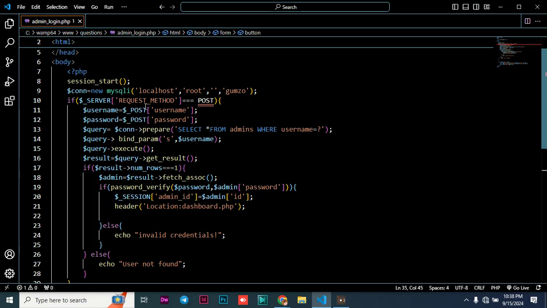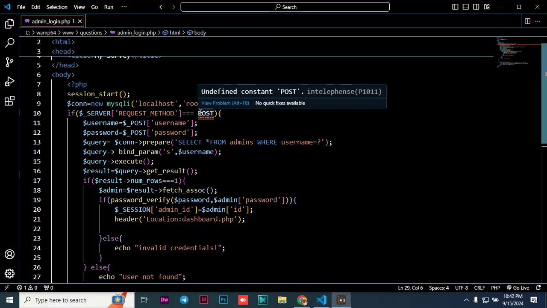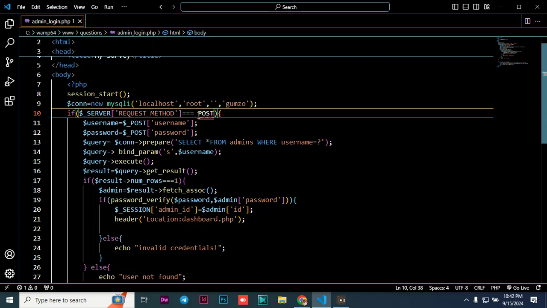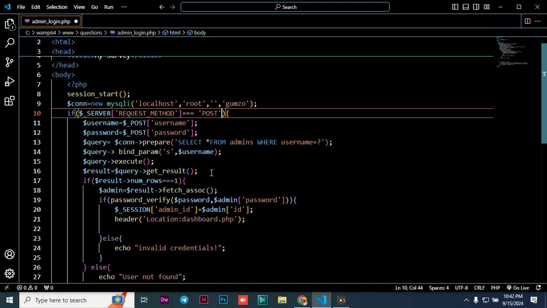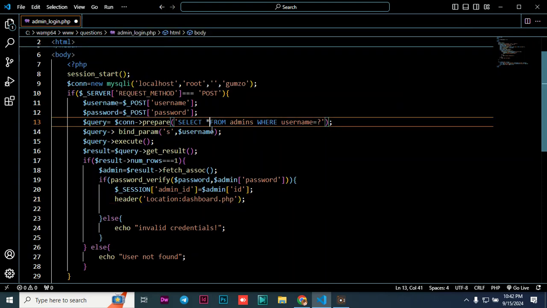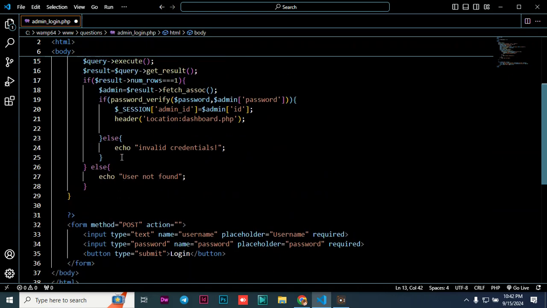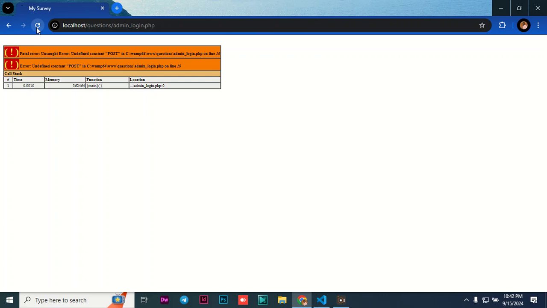Okay, so we just need to add some quotes here. I just need to add some single quotes around this post, and then everything will just disappear. Also make sure that there is a space between the asterisk and the form part, so that everything can be okay in this case. So I save this. When I save this and then I go to my web browser, I refresh this, you should be able to get such kind of a